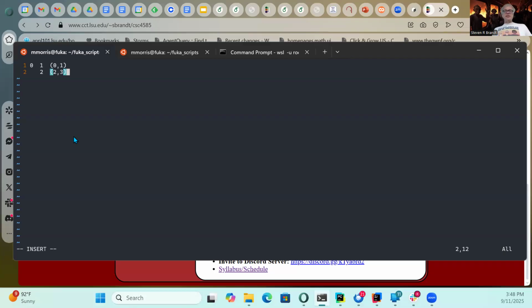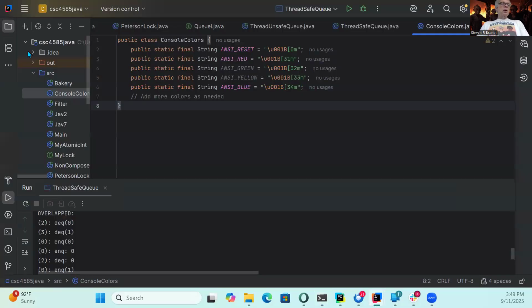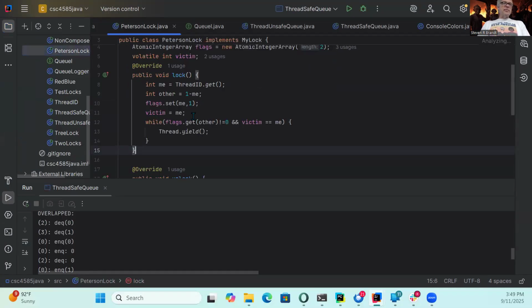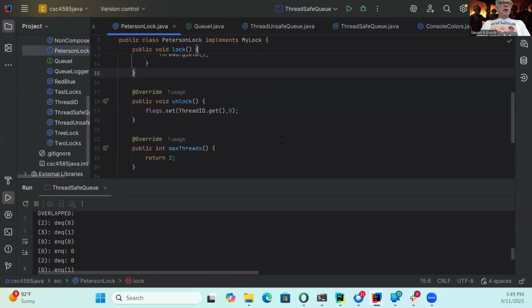Now, the other problem is, let's say threads 1 and 3 get through here. We need a Peterson lock that works with 1 and 3. So what I'm going to suggest is that you create a modified Peterson lock. I've got a Peterson lock over here, and I was going to set this up ahead of time, but I didn't, so I'll do it now.